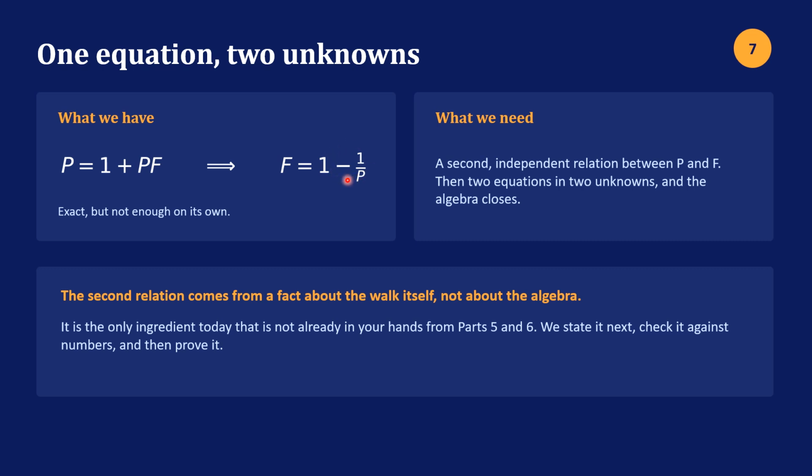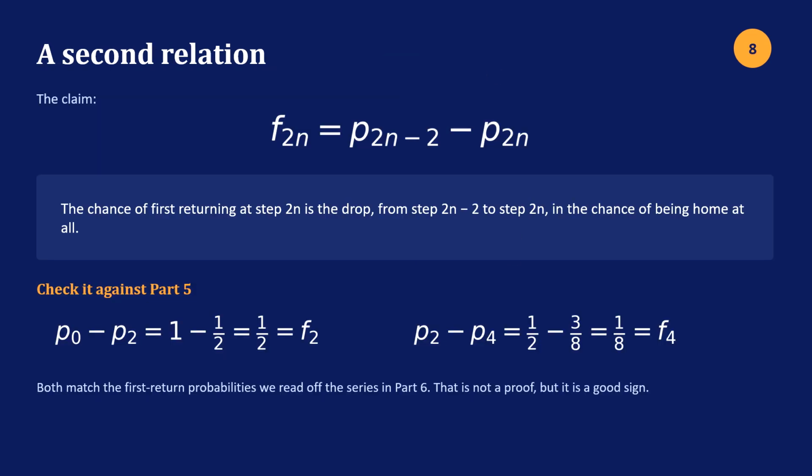We need to find another equation, and then we can plug p in here in terms of f and then solve for f. And the second relation, which we're going to develop, comes from a fact about the walk itself and not about algebra. So we'll see that on the next slide, or at least starting on the next slide. We have a second relation, which we're going to need to prove. I'm just stating it here, saying the probability of the first return to state 0, given that you started at